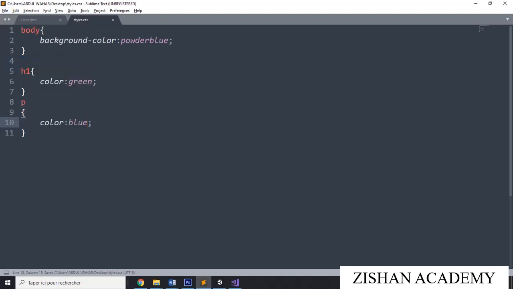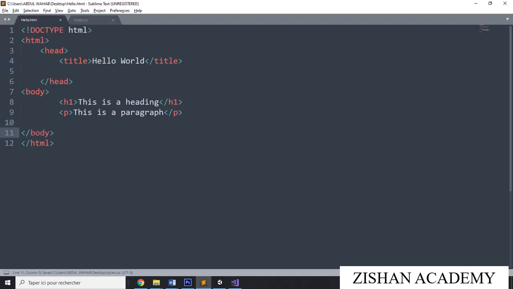Under this hello.html, we have to give link to this file. To link a file, we have to type the code inside the head tag. Open with the smaller sign and give the link here. Link rel equal to double quotes. We have to give stylesheet. We are going to link the style sheet here.